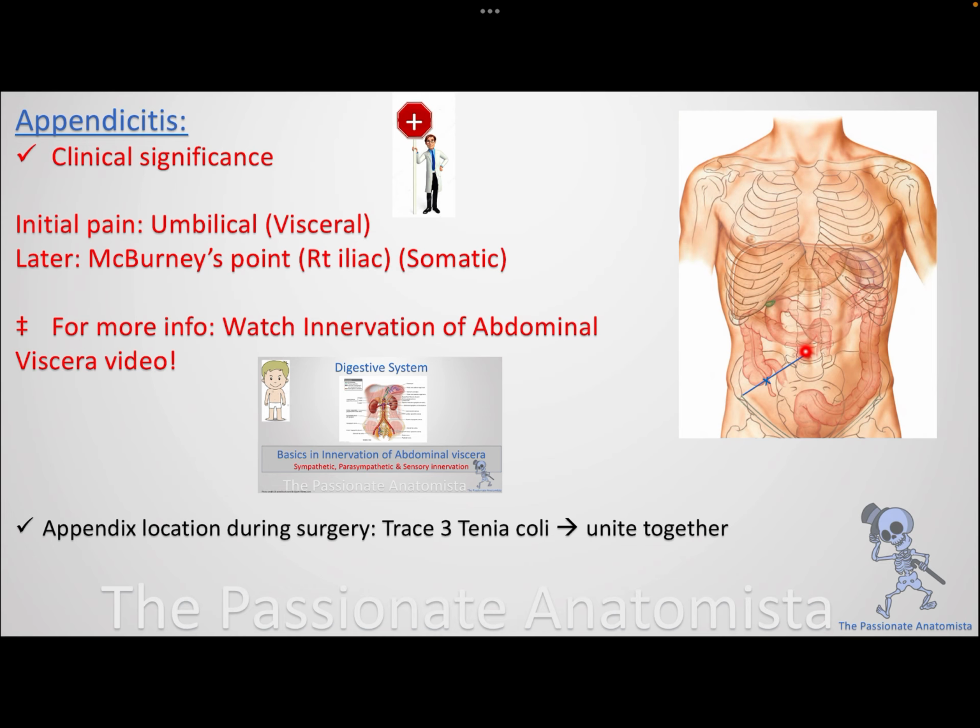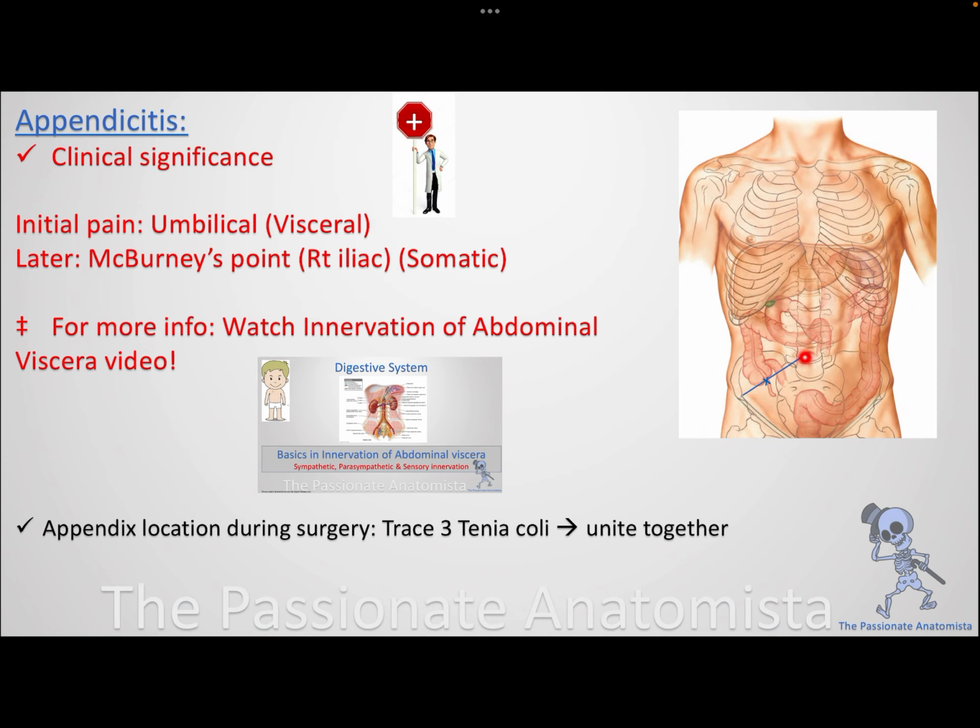You can watch the innervation of abdominal viscera to understand why an initial pain due to appendicitis would cause dull pain around the umbilical region, and then if the inflammation reaches and touches the parietal peritoneum, it becomes somatic pain, and it becomes very sharp and localized to McBurney's point, which is basically